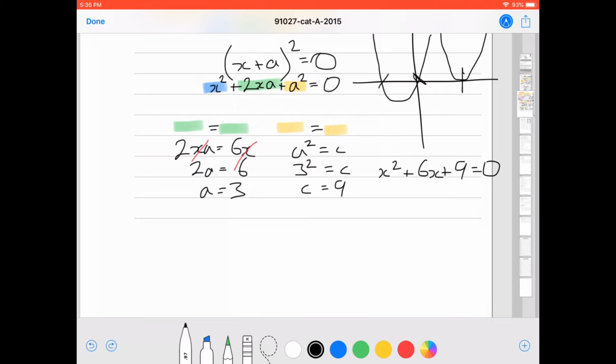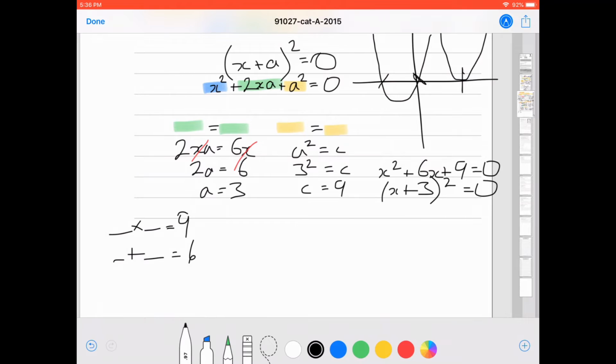But let's factorize the conventional way. We're looking for two numbers that multiply to the c term, which is 9, and the same two numbers that add to the b term, which is 6. And we know that yes, those two numbers are 3 and 3. So we're going to say x plus 3 all squared